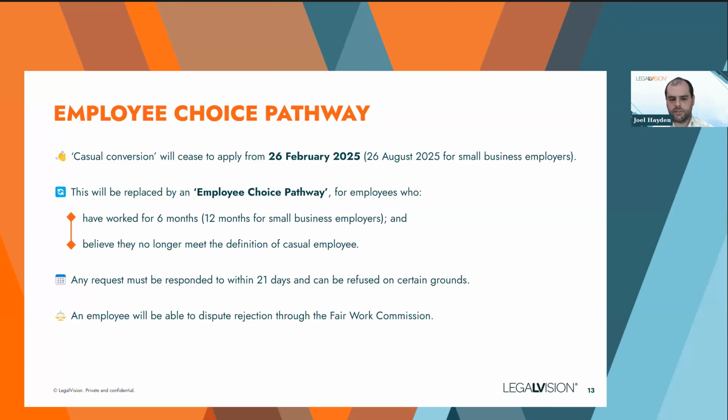If for some reason that request needs to be refused, there are only certain grounds on which an employer can do that. And that will be where the employee still meets the definition of a casual employee under that test we just addressed, where there are fair and reasonable operational grounds to refuse the request, or where acceptance of the request would result in non-compliance with a recruitment or selection process law. So where an employee disagrees with an employer's decision in relation to their status as a casual employee, they will be able to commence a dispute through the Fair Work Commission to have this arbitrated.